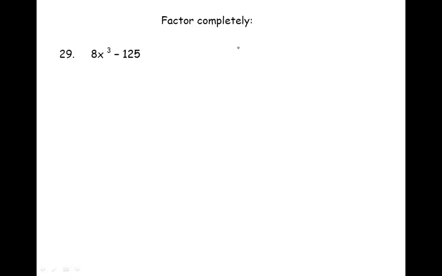Number 25 are two perfect cubes. So we want to do cubic factoring. To do that, we start off with a short parenthesis and a long parenthesis. Then we use our SOAP rules, which means same sign, opposite sign, always positive. A and then a b, a squared, a times b, and then b squared. So we want to take this particular